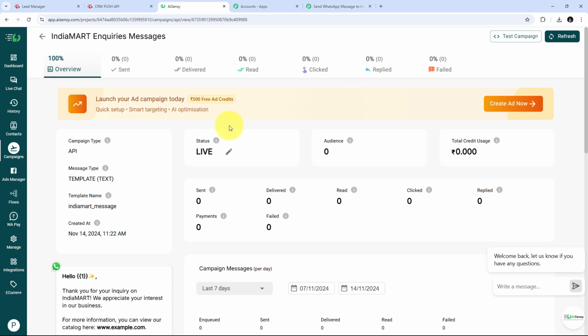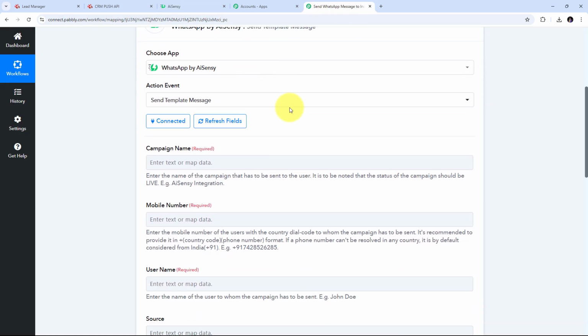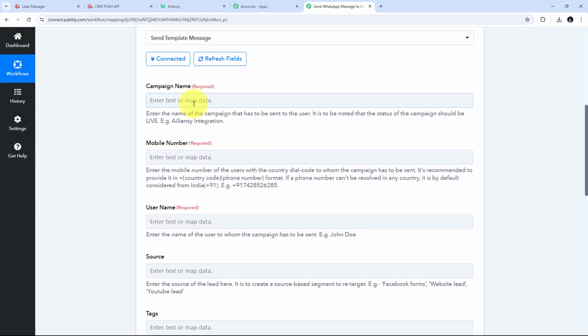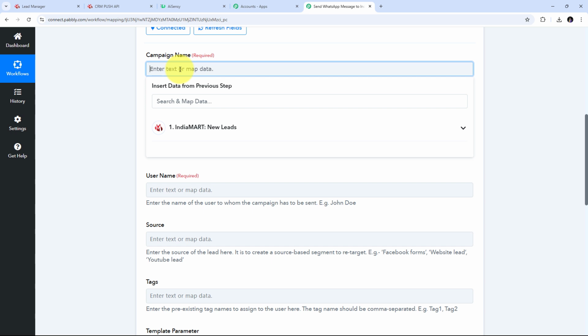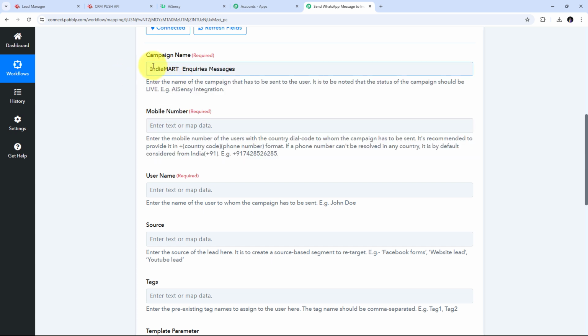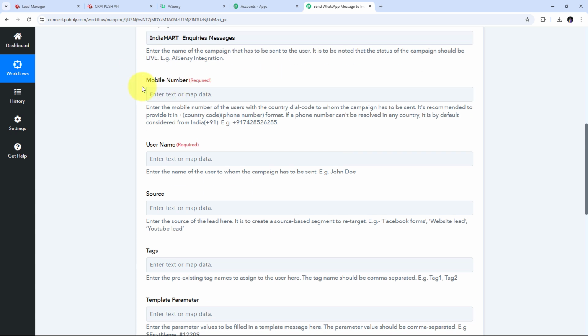Now that I have created my campaign and I have added my template message in my campaign, I'm going to take you back to Pabbly Connect. And now here in Pabbly Connect, I have to first give my campaign name. So here I'm going to add the campaign name that I have added in my AI Sensei account. So I'm going to give my live campaign name here. So here this is my campaign name,